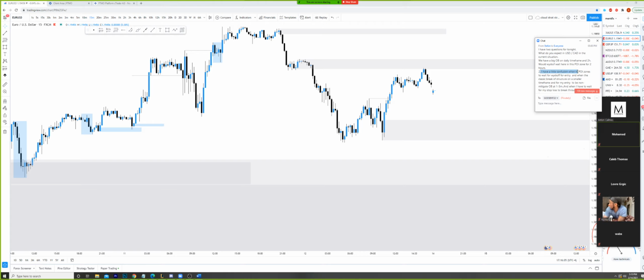Number 2, I have a little confusion when in POI zones to wait for Wyckoff for entry, and then when the classic break of structure on a smaller time frame, and for my entry to be non-mitigate supply demand zone at 1 to 5 minute, and when I have to wait for my stop loss to break through and grab liquidity. Ooh, okay, let me, hold on. So when we're in a POI, you have a confusion about waiting for Wyckoff. I'm a little confused, I'm sorry.